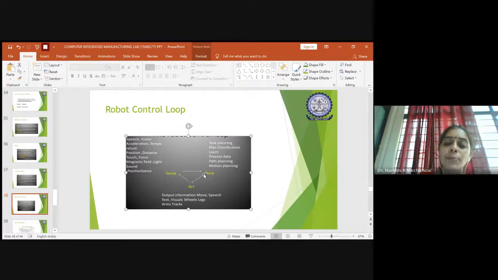And as the human brain thinks, the controller will think and provide the set of instructions. Based on the instructions, the actuator will act and see that the task is completed. So this is a common loop that any robo of whatever configuration has to follow.